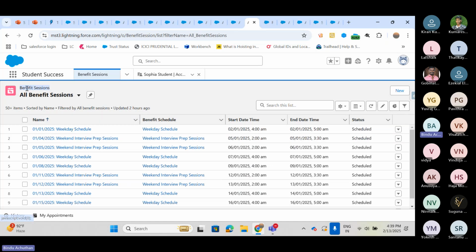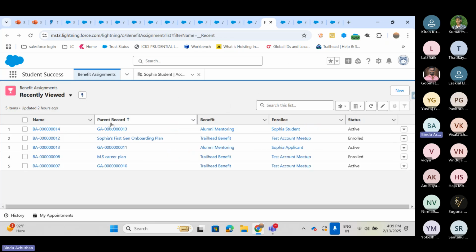And the benefit sections. So if the students need any benefits like mentoring, they need a schedule, right? So they have a schedule. It will be weekly or bi-weekly. If they need to maintain any session timing, we can use this object, benefit session. If the students have any benefit assignments, we can ensure that eligible students receive the assigned benefits by using the benefit assignment objects. Okay,